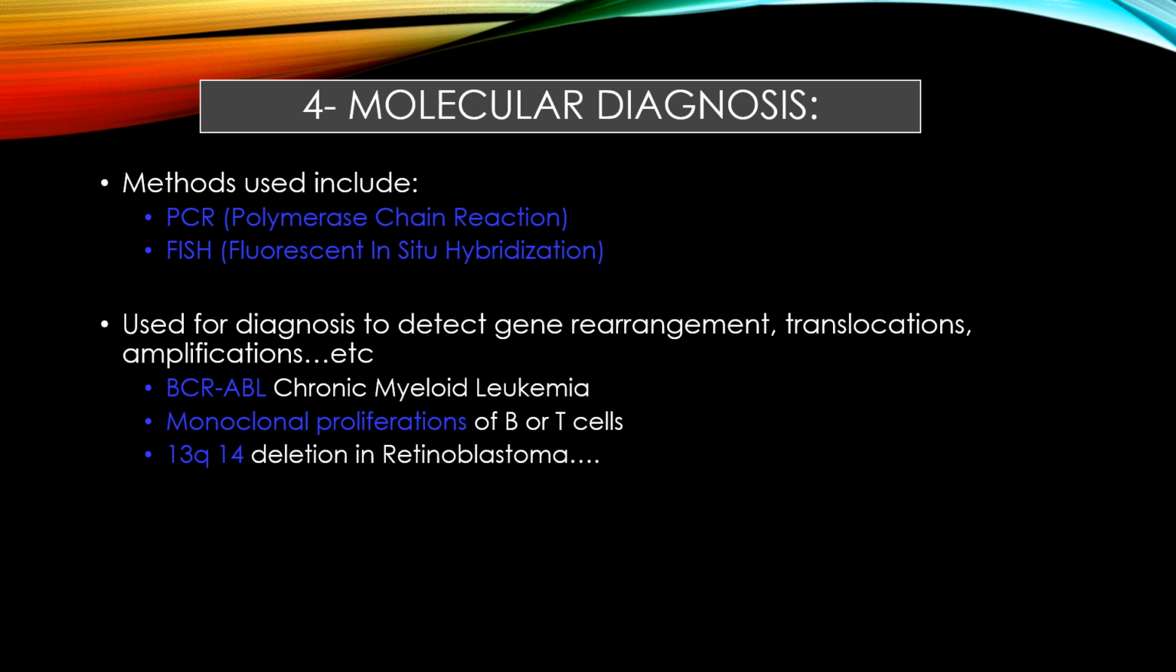Monoclonal proliferation of B or T cells, like we do the T cell receptor rearrangement studies or clonality studies. So we detect that we have expansion or clonal expansion. This is seen in lymphoma. Also, we have 13q14 deletion in retinoblastoma and many other molecular aberrations that can be seen or specific to certain